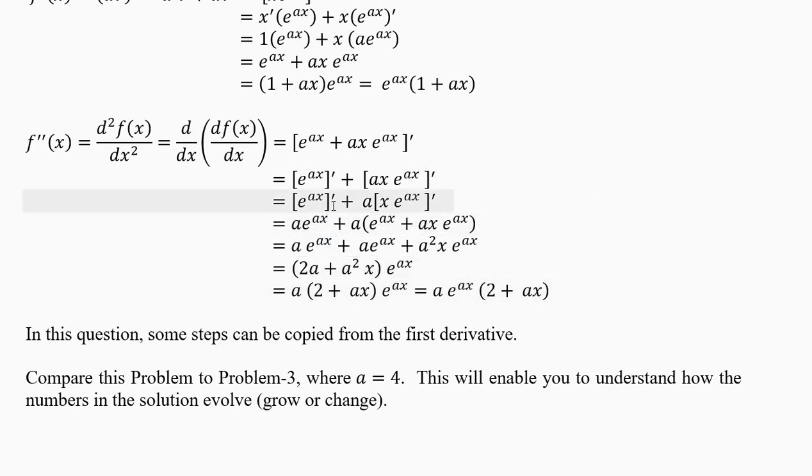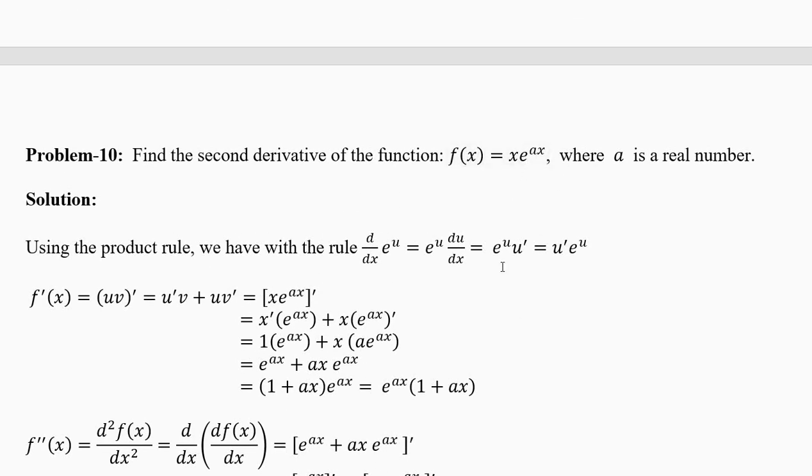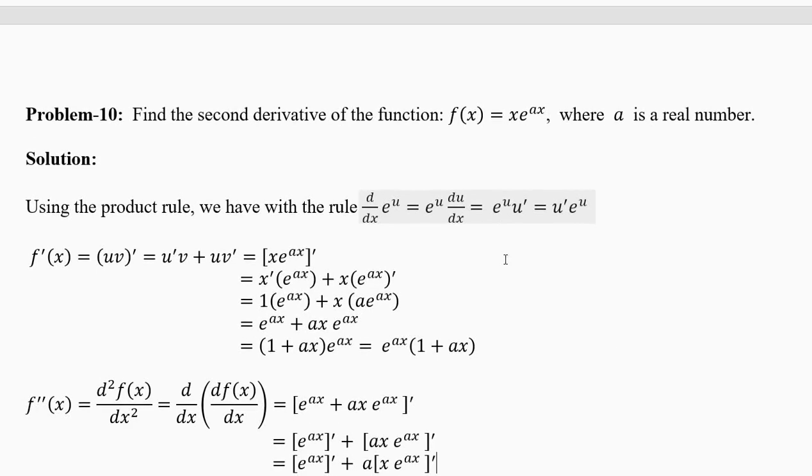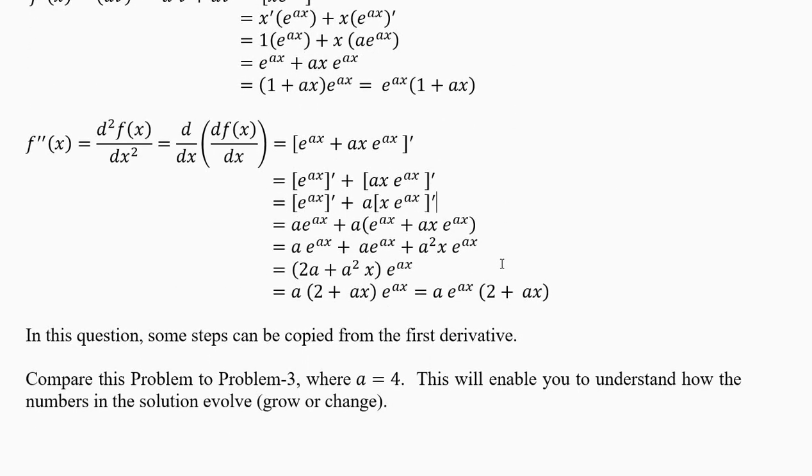Okay. So derivative of e power ax is a into e power ax. Now this a will come out. You will get x e power ax, which is your question. See, whenever you have e power something, it will repeat in the second and the third derivative and the fourth derivative. So you can copy it.